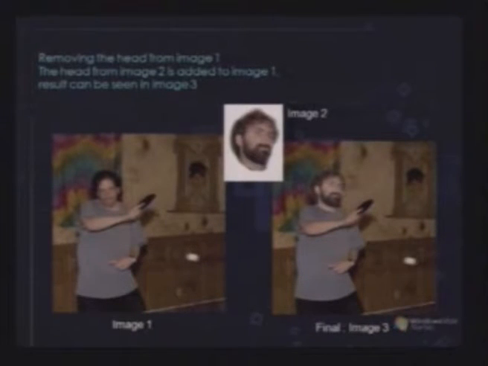Now how do we carry it along? As you can see in image number 1, the character is playing table tennis and he has a particular kind of tilted head. The second image, which can be seen in the slide, has a character who has his face facing towards his right hand side. So what we did in the compositing software is, we extracted the head from image number 2, and pasted it in image number 1, and then fitted it around correctly so that it looks as if the image is single.